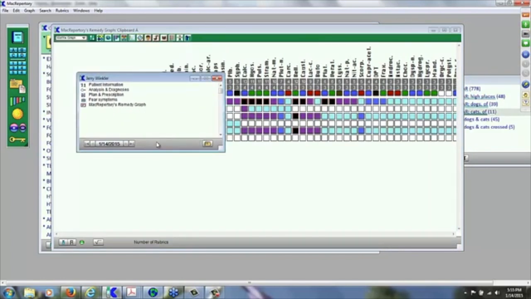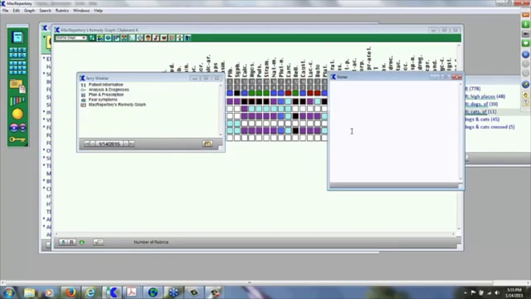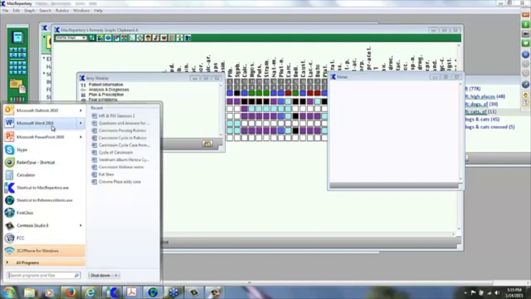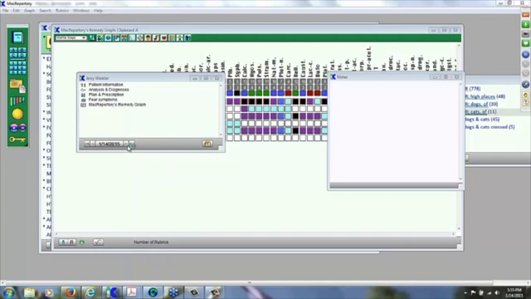Okay, I can also save notes as well. If I go ahead and click on open my notes here, I could actually type in my whole case right in and put it right in here in the notes, or maybe you've got previous cases. Let me see if I've got a case here. I'll go ahead and pull up a case. Okay, here's a case, and I'll open up this case,